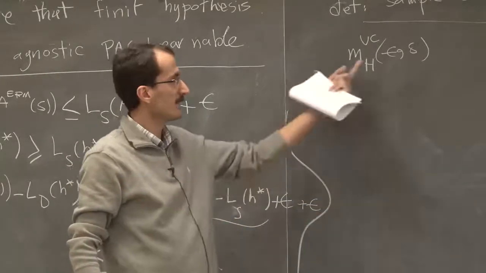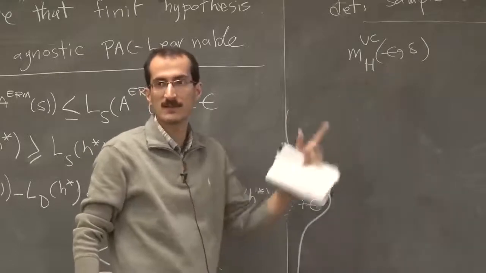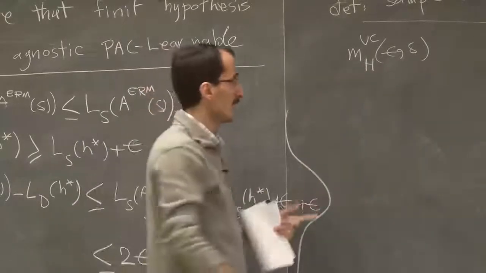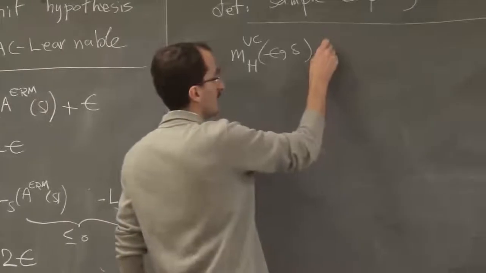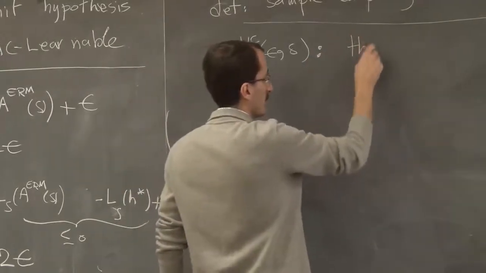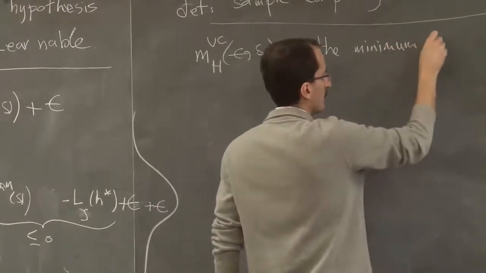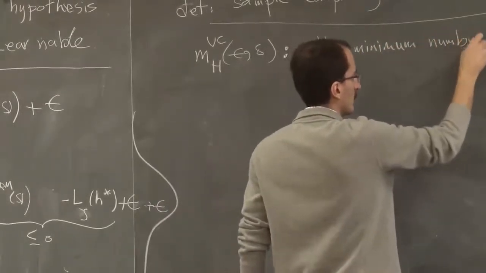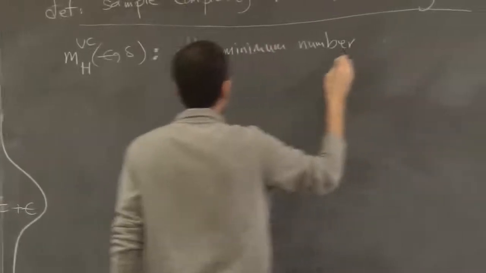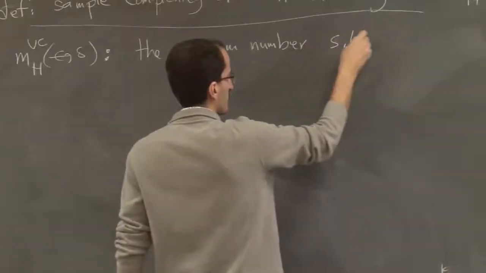Again, I have some parameters, epsilon and delta, and so I define it like this: the minimum number such that